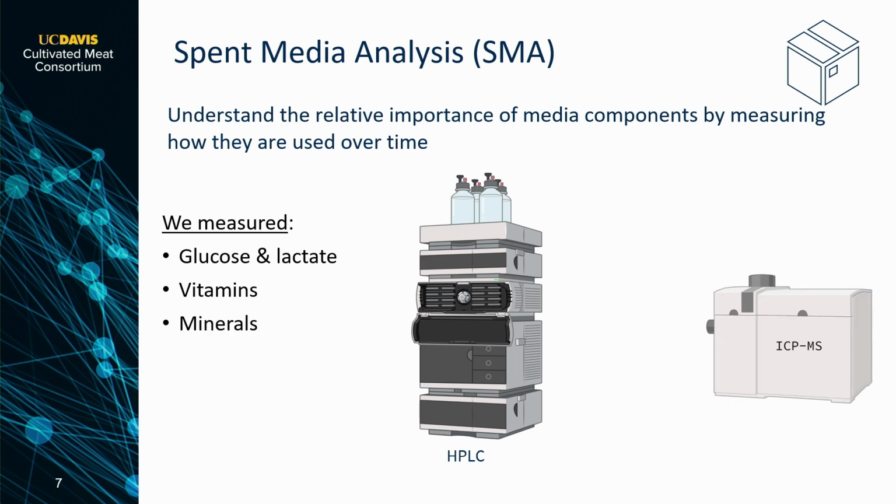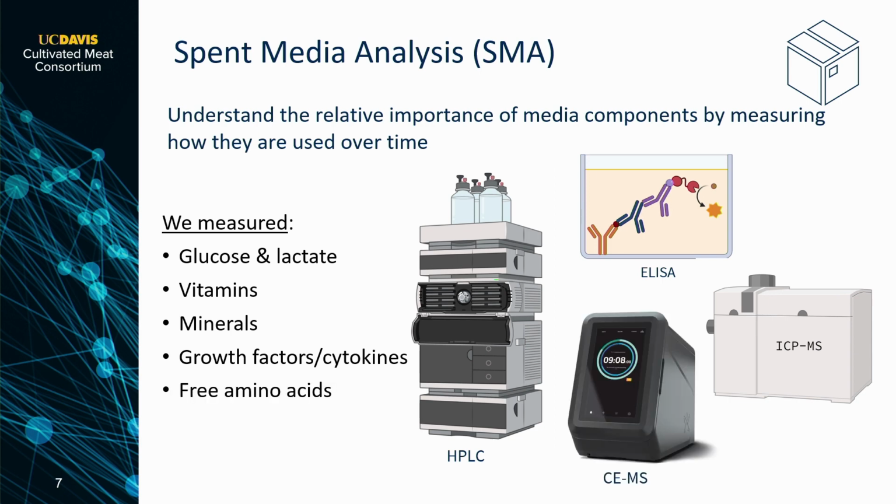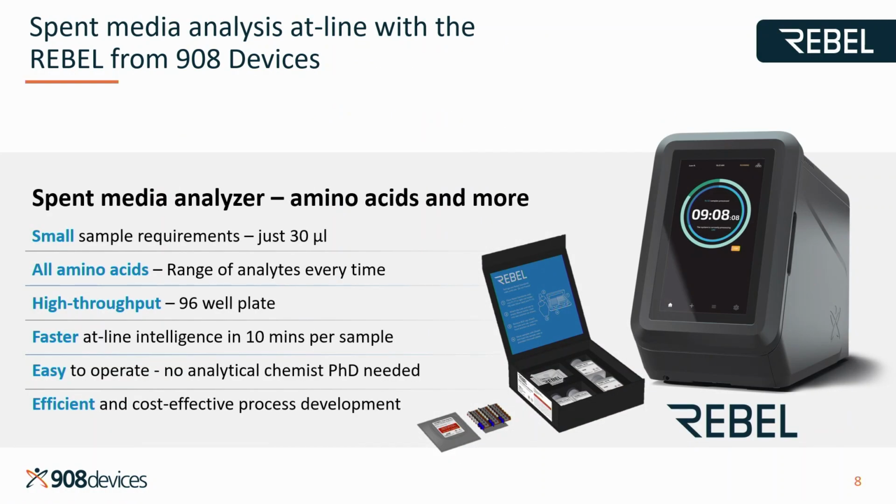We looked at the bulk and trace mineral content using ICP-MS. Some of the key growth factor cytokine proteins using immunoassays like ELISA. And then we did some free amino acid analysis using an instrument that utilized capillary electrophoresis mass spectrometry. And actually for that, we collaborated with a company called 908 Devices, which produces this instrument called the Rebel, which